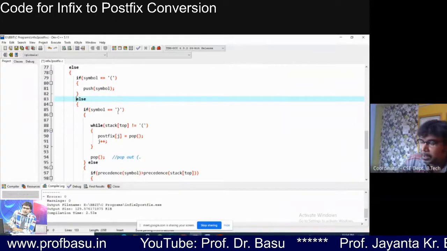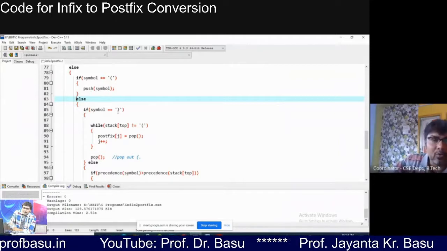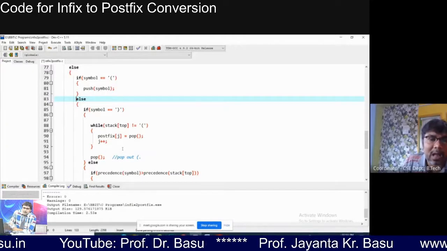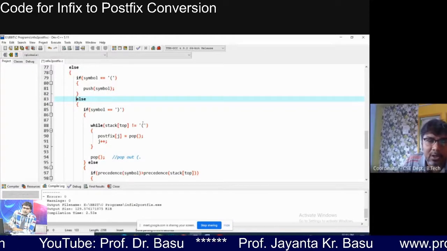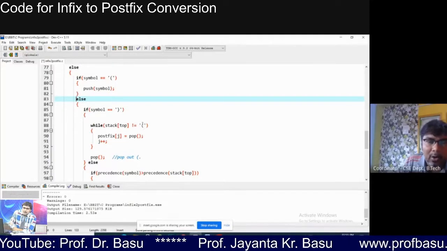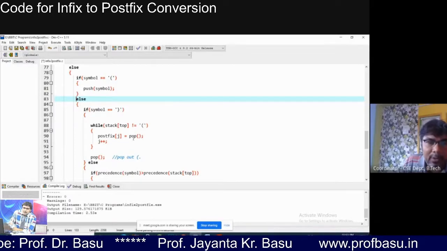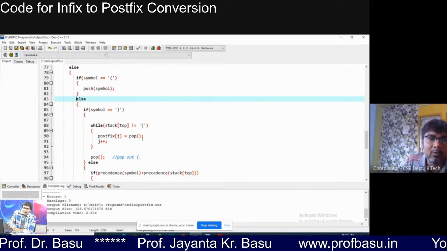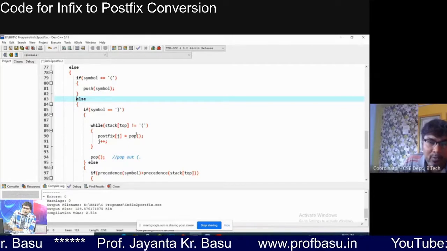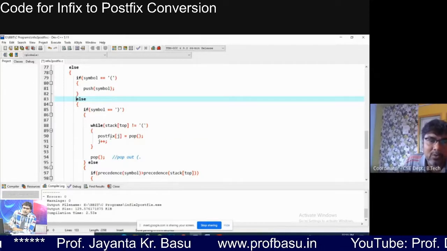While this, here, this is a loop. If we get a closing bracket, we have to keep on removing all the elements from the stack until we reach an opening bracket in the stack. So while stack top is not equal to opening bracket, right? We have to keep on removing the elements from the stack. And how to remove an element from the stack? The pop function will take care of it, right? And the elements we get from the pop function, we will be adding to our postfix